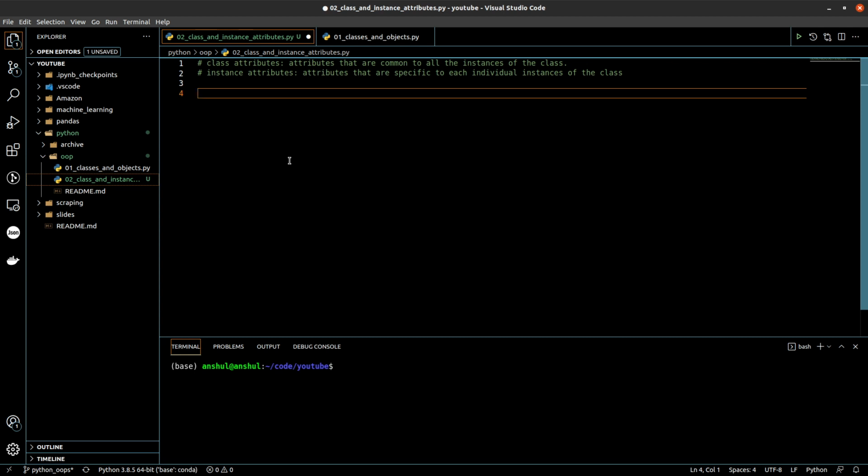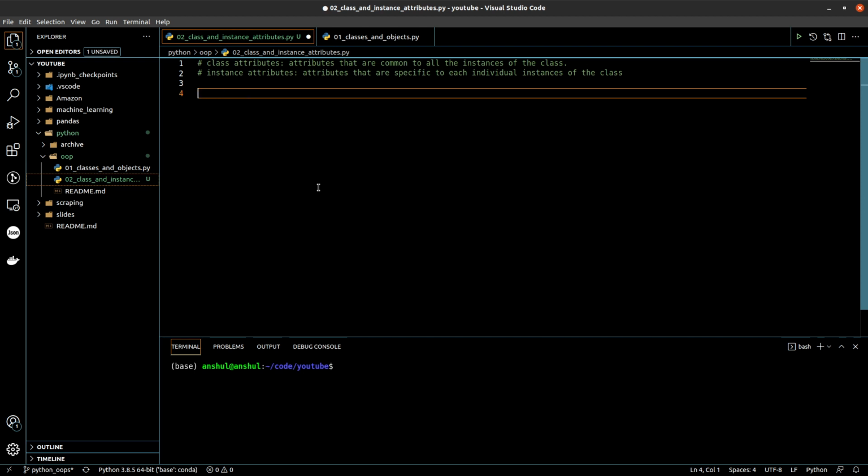That is precisely the usage of instance attributes, where you want to assign a property that is specific only to that particular instance of the class, and it's different for each object or instance of the class. So let's try to see how class and instance attributes will work.